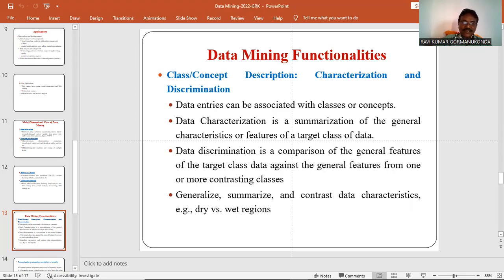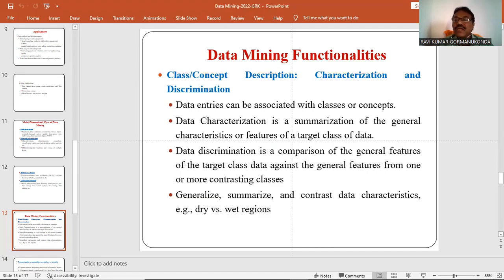So this is one of the functions, called class or concept description. It consists of data characterization and data discrimination.